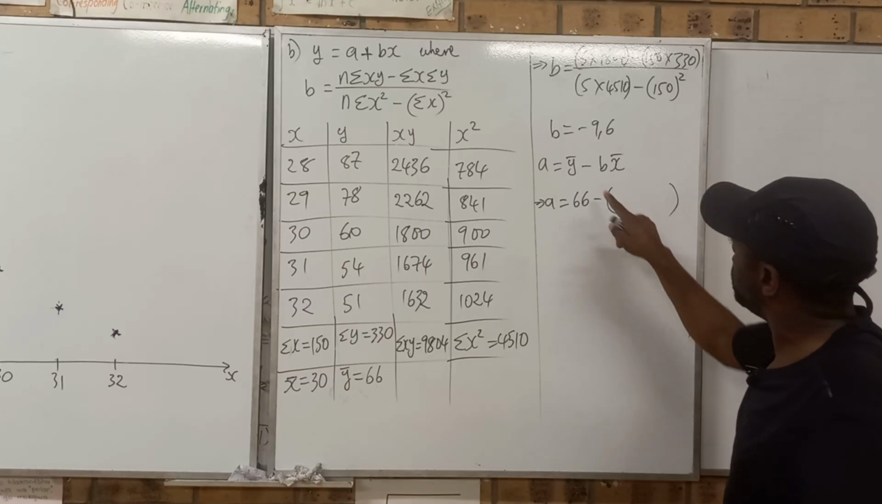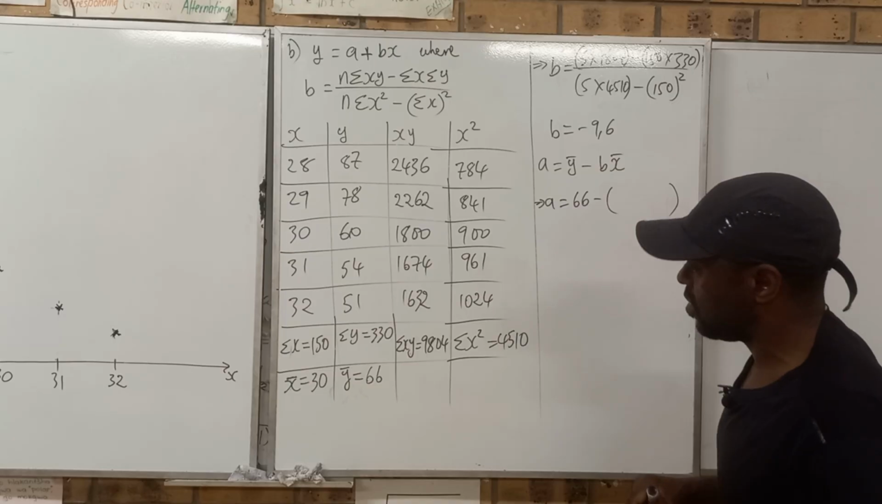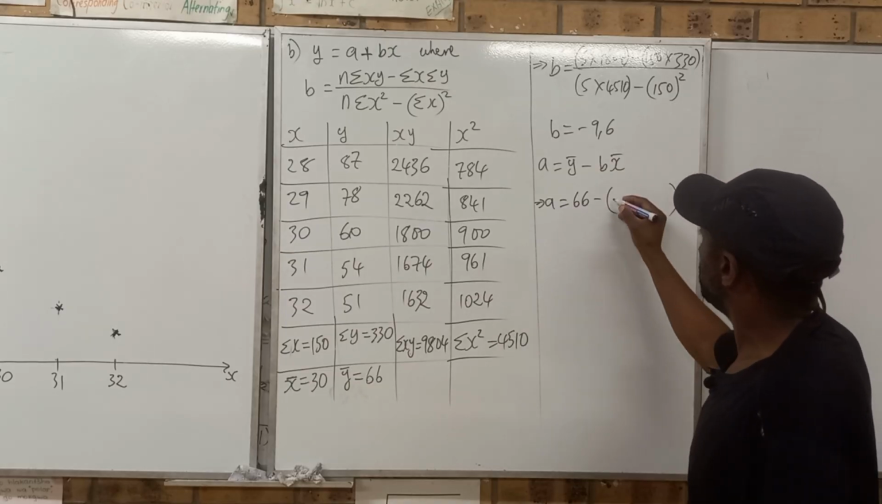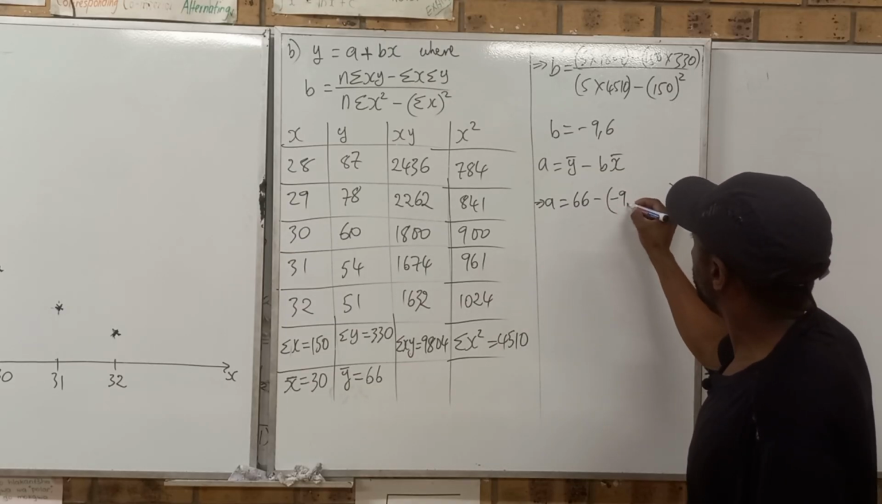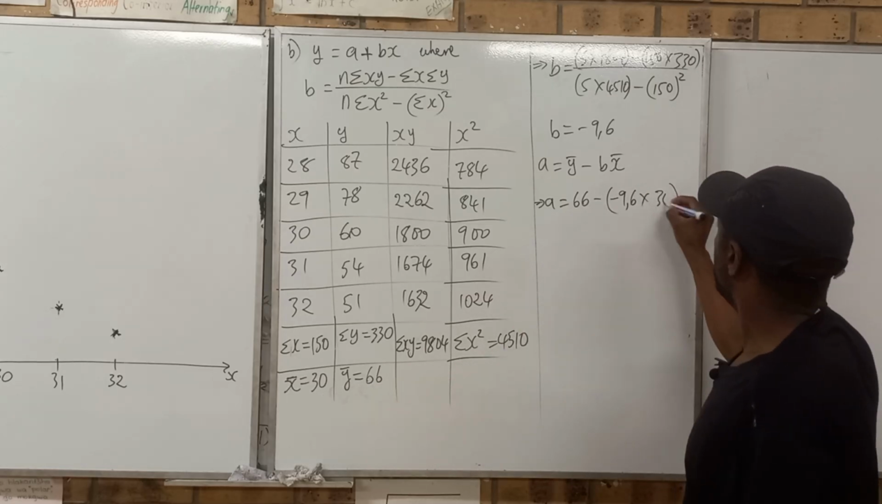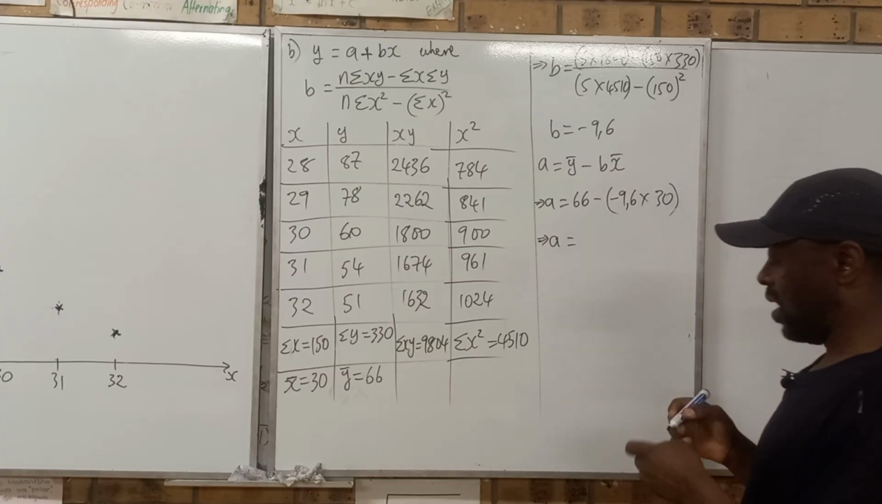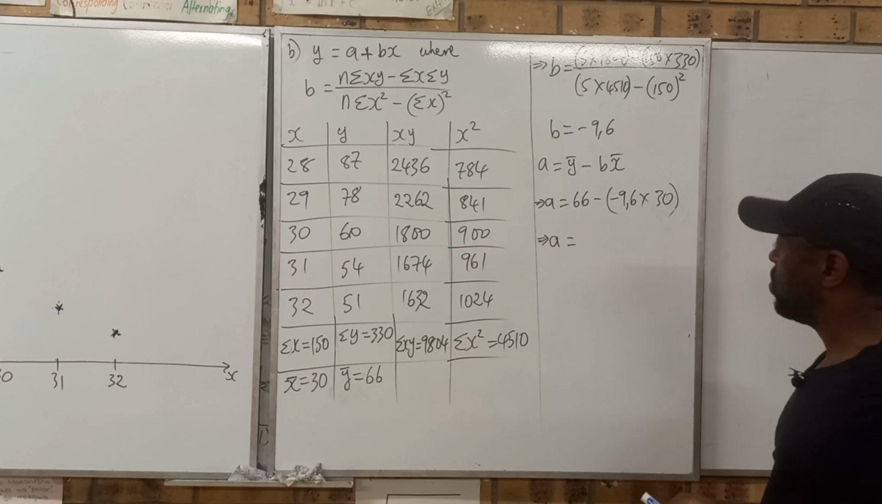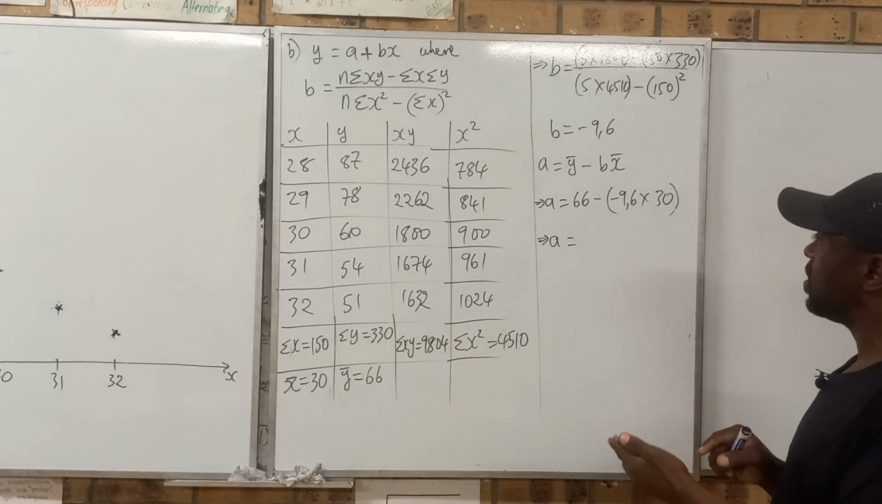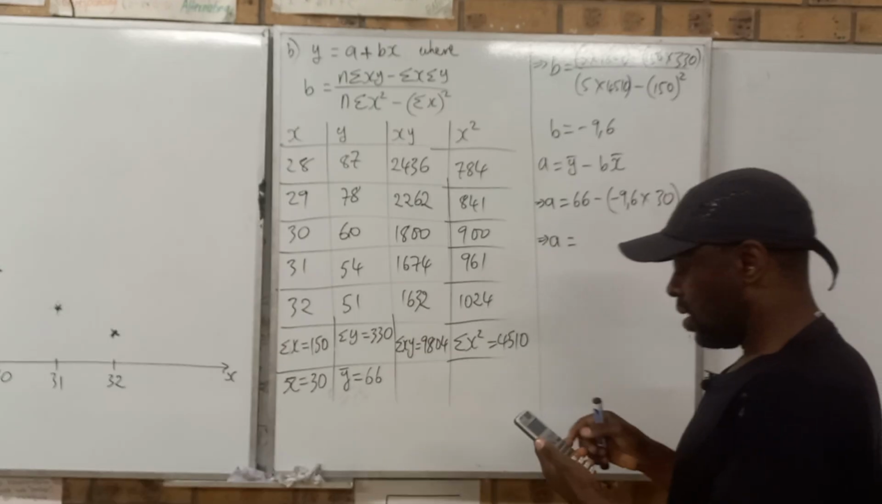I always advise students that after the bracket, after the negative sign, please put a bracket. Those who fail to do that usually get wrong answers. So my b is negative 9.6, my x bar on my table is 30. So if I calculate this, I will get my answer for a. So I will get 66 minus, I open my bracket, I put negative 9.6 times 30, bracket close, my a gives me